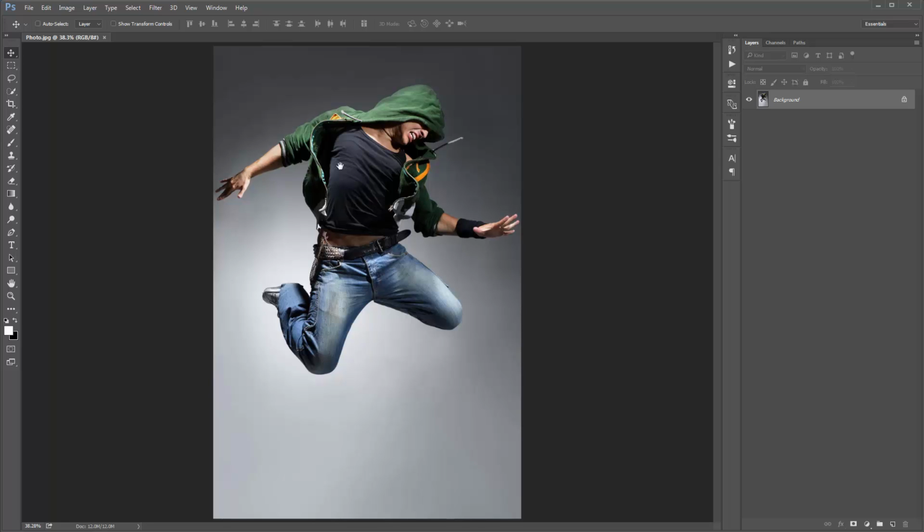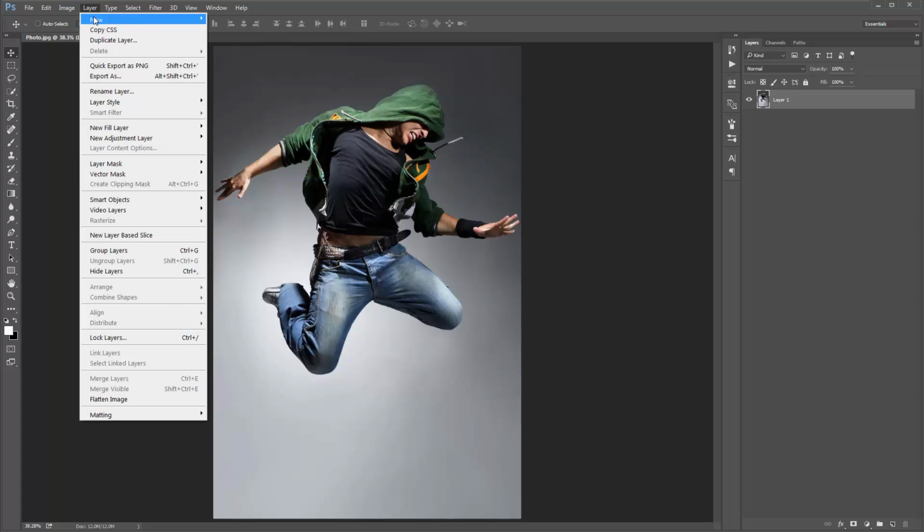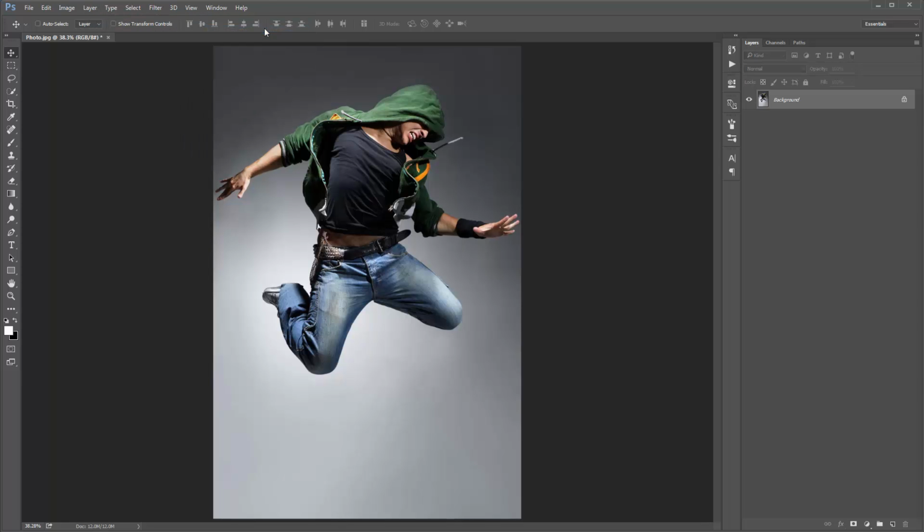So firstly, look into your layer panel and make sure that your photo layer is set correctly as the background, so it should look identical to this. Generally, it won't look like that if you've opened up a photo with a transparent background, like a PNG. So for example, say I just open up my photo, it's called layer 1, okay, I need to set that correctly as the background. So I'll go to layer, new, background from layer, and you can see that's set it